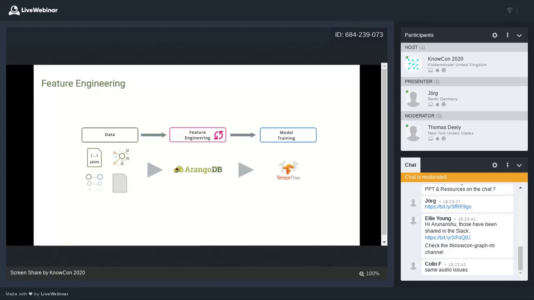But this is often a process where we have some graph data. For example, a feature could just be: you have a LinkedIn network, and the feature you want to extract is like